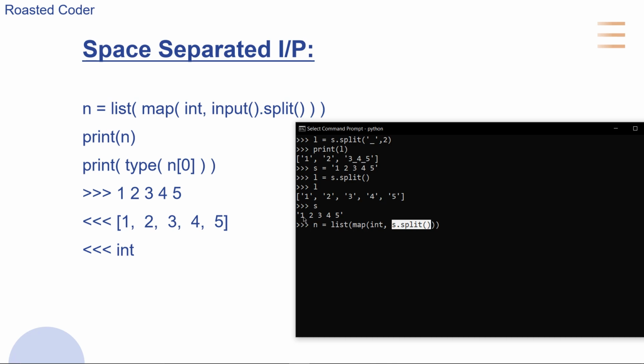Basically it will be this list, and we are mapping every element in this list to int, and it will simply return n as an int list, an integer list. If we take the type of n[0], you can see it's int type.